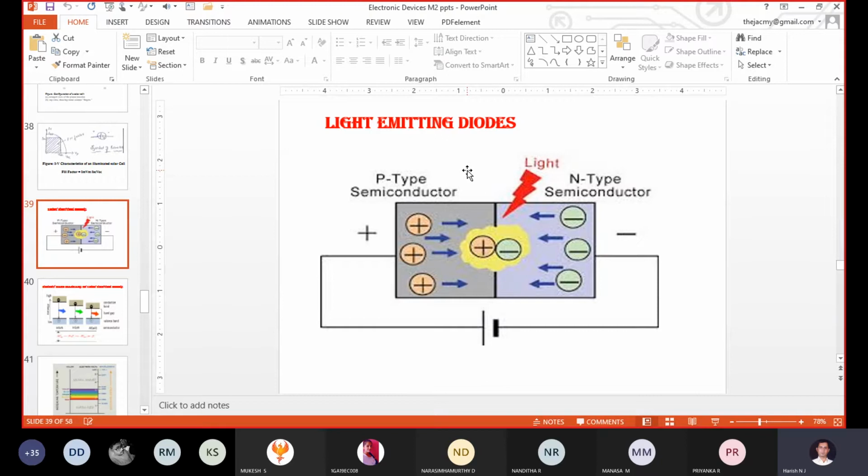So nowadays, what bulbs are we using, and what TV screens are we using? What displays are we using for electronic gadgets? Not only phone, mobile, laptop and TV, correct. Nowadays we are using displays for many applications. Even a washing machine has a display. Even the refrigerator has a display. In all the displays we are using LEDs only, light emitting diodes. These are all applications of an LED.